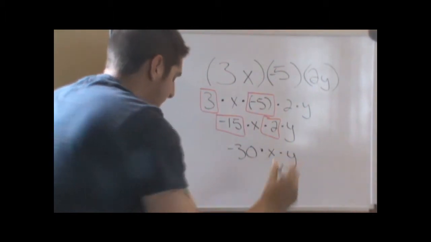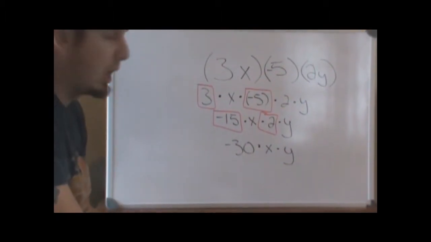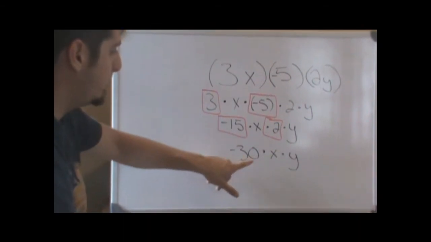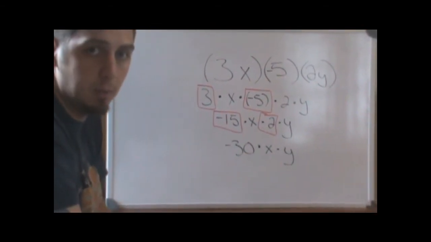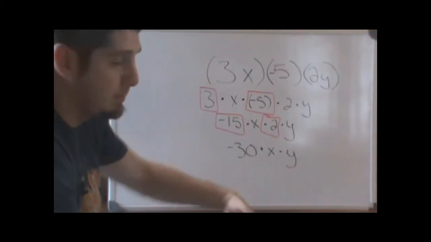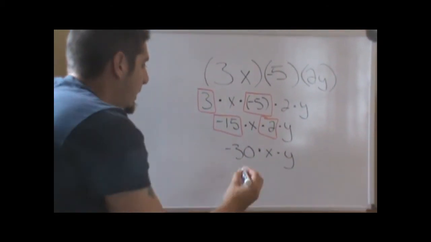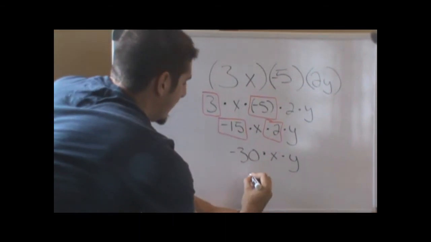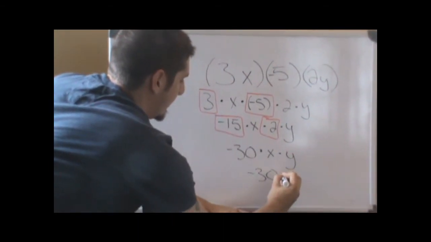Now at this point I have nothing left that I can multiply because I can't multiply negative 30 times a number I don't know, and I can't multiply a number that I don't know by another number that I don't know. So at this point you can just take away the multiplication signs and say that your answer is negative 30